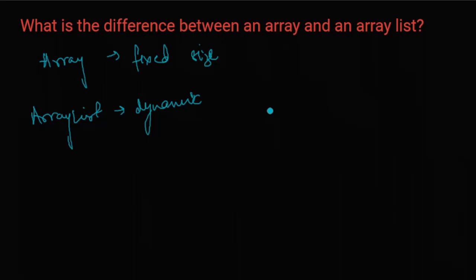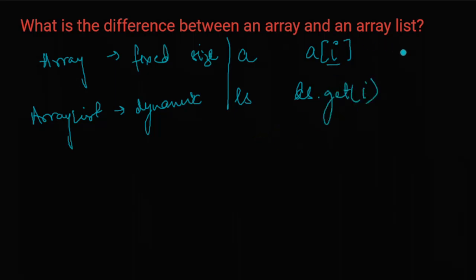Then other things could be performance and resizability. Then there come various things like adding to a list. Now if you have to access an element, we have a list named ls, and we have an array named a. To access an element in the array, we can directly give its index value, but for the list you have to write the dot get I method. Again, for adding, in the array we can directly give a of I is 10. Here you have to do list dot add 10.